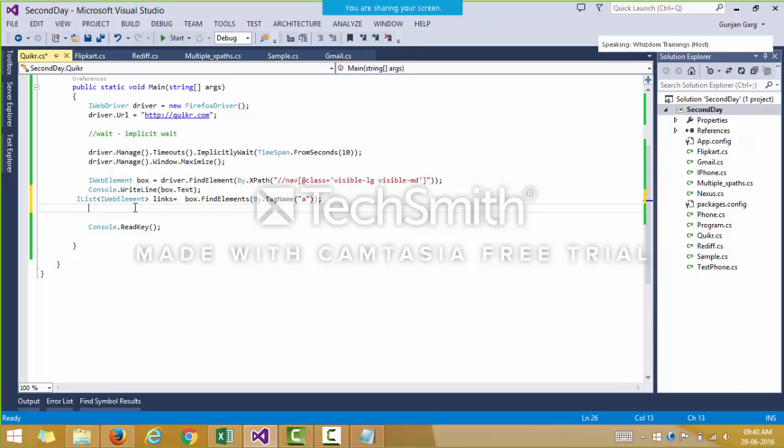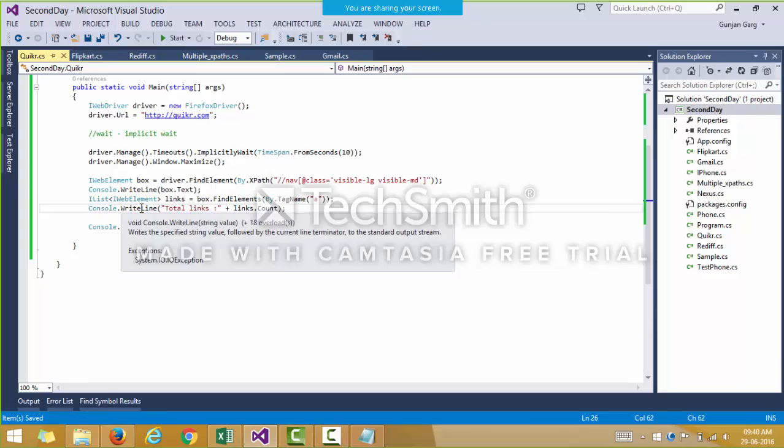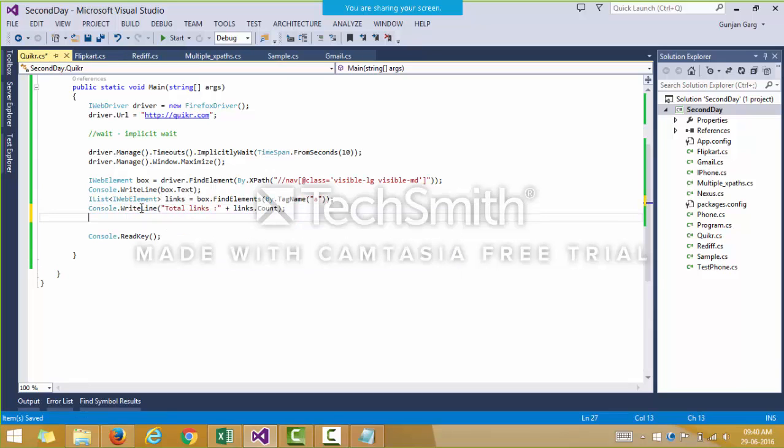Then we can print the text for those links, or check how many links are present. Then we can print the name of all the links as well.